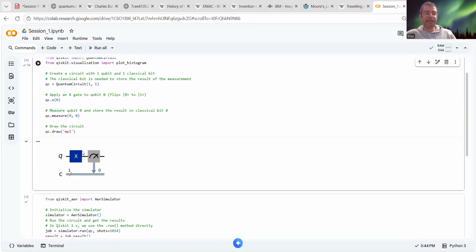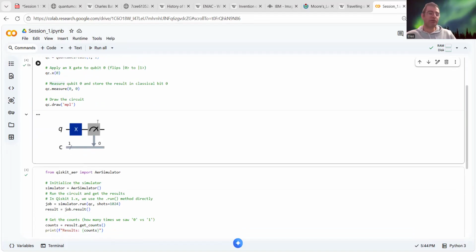So now here we have a gate that is called an X gate. And this is like a NOT gate that reverses the bits. For example, if the qubit is 0, after passing through this gate, the state of the qubit will be 1. If the qubit is by default 1, after passing through this gate, it will be 0. So whatever the state is, after passing through this gate, it will be reversed. I'm going to talk about the gates, all of them, hopefully in the second session. Don't worry about it right now. I just want to show you what you can do.